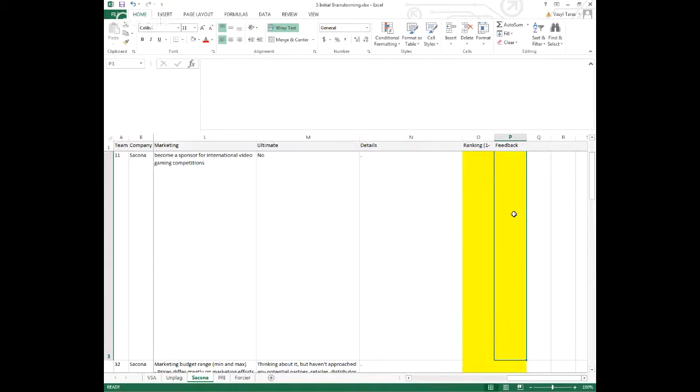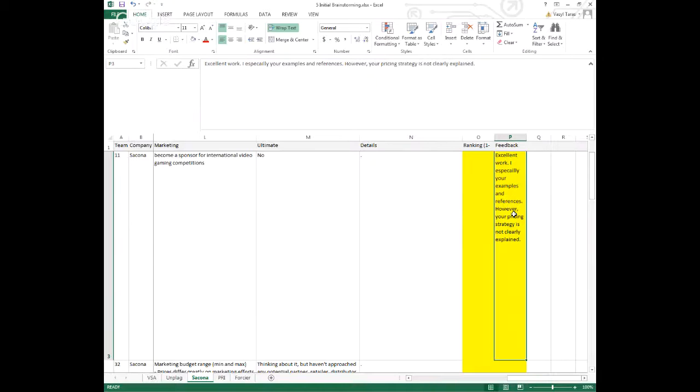Imagine that you have a next team with an equal or similar submission, and you want to say the same things. Once you start typing the letter E, or EX, it remembers the whole thing. You don't have to type it again; you just press enter, and you've got your feedback. That makes it very easy to enter feedback, even though it's lengthy. You don't have to copy and paste or type it again. In Excel, it's very easy to do.